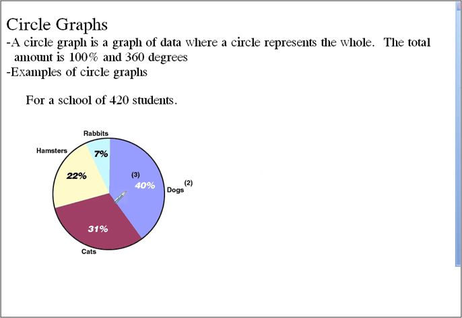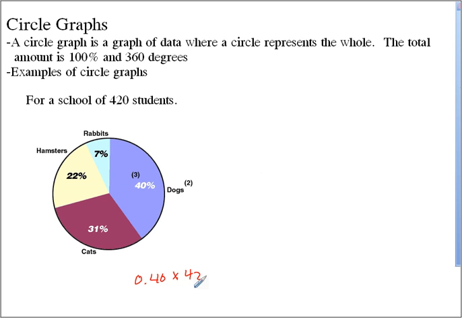So if I were to look at this graph right off the bat, I can visually see there are more people who like dogs than like cats or hamsters or rabbits. The rabbits are the least popular, dogs are the most popular. So if I want to figure out how many people said that dogs were the one they most liked, I just say, well, 40% of